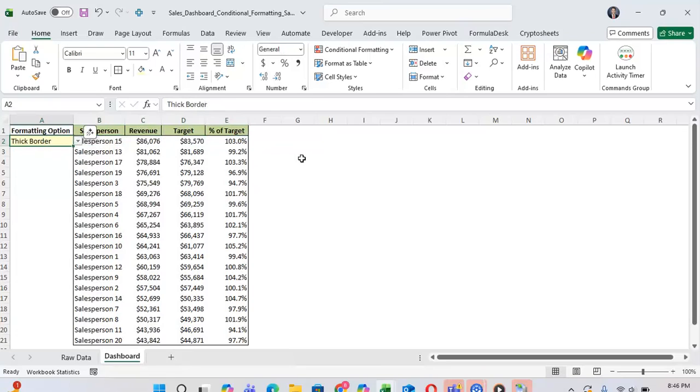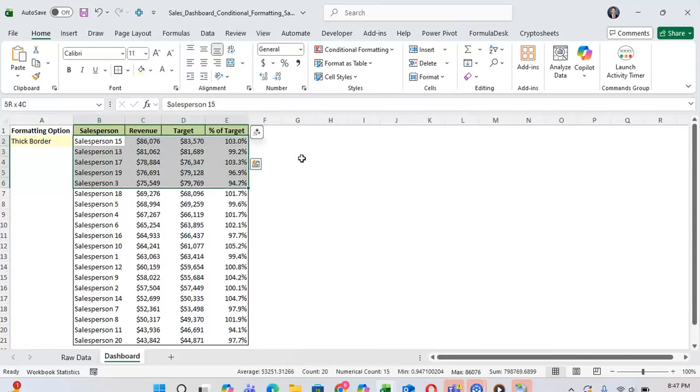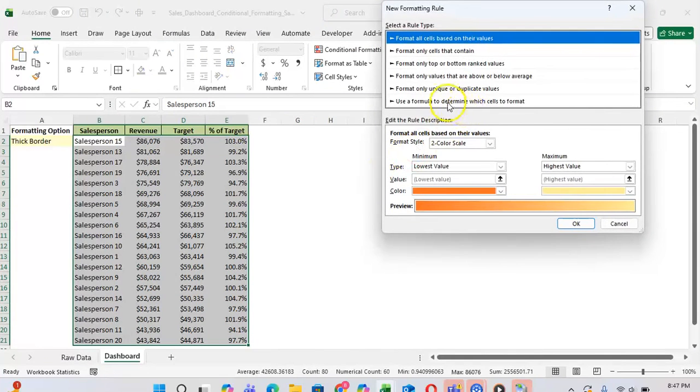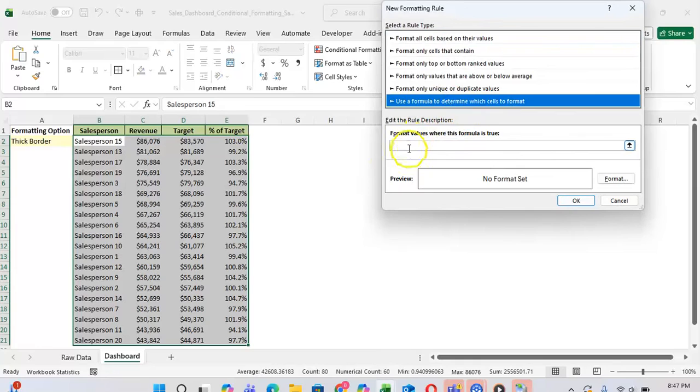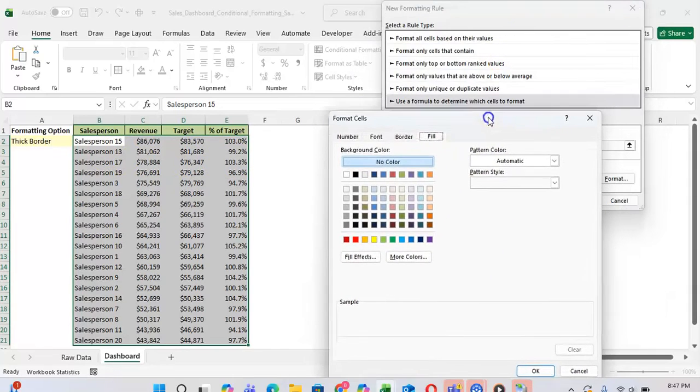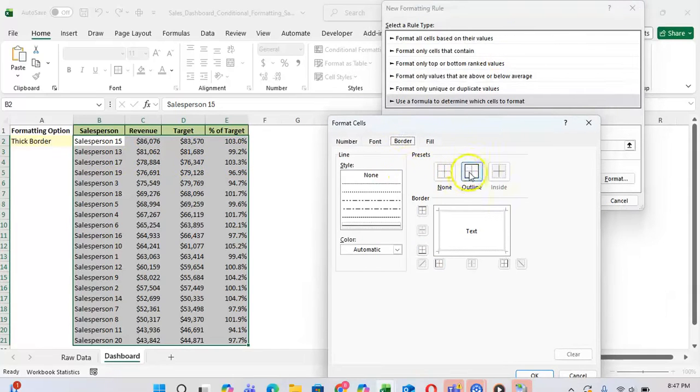The last option is a thick border. So let's just say whenever this option is selected, I want to have a thick border around the cells. To do this, I can take the same approach: highlight the cells that I want the formatting to be applied to, and then I can go to conditional formatting, new rule, and then I can use a formula to determine when this formatting is applied and do equals A2 equals thick border. And whenever thick border is applied, I want to have a border, an outline